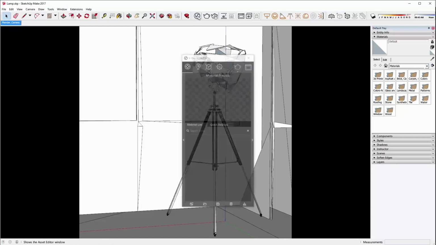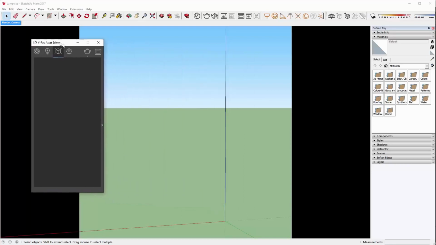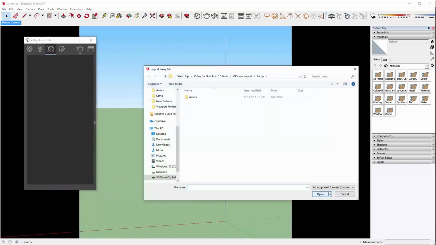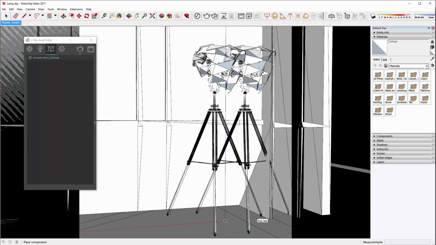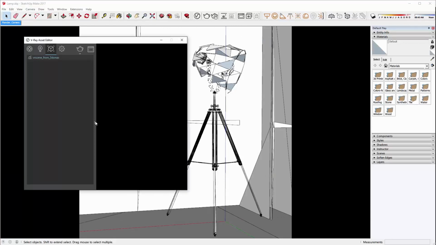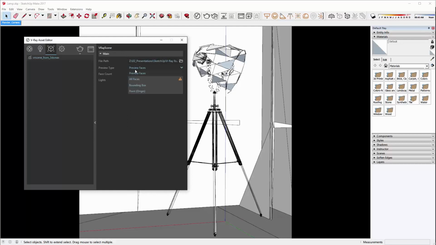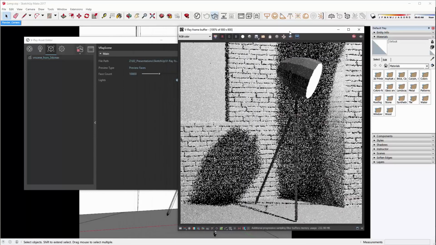And then when we go back to SketchUp, we can find it. I'm going to delete the old one and just open a new one. And then when I click at the origin and hit escape, I'm going to have the new scene imported. And these are the options that we have, same as the proxy. And we also can turn on and off the lights. And if I click render here, we're going to see the result, that it's very, very similar to the one in 3D Studio Max. And that's the whole idea.